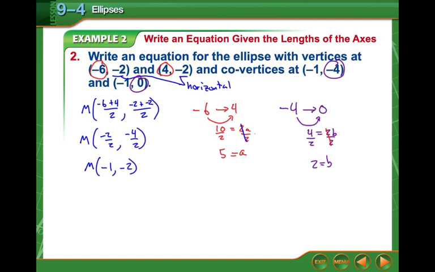So we need to know what a squared is. It's 25. B squared is 4. And now we're ready to set up our equation, remembering that it's horizontal, so that means x is going to go first, with a squared underneath it. So we're going to have an x plus 1, because it's really x minus negative 1, so adding 1, over 25, plus,